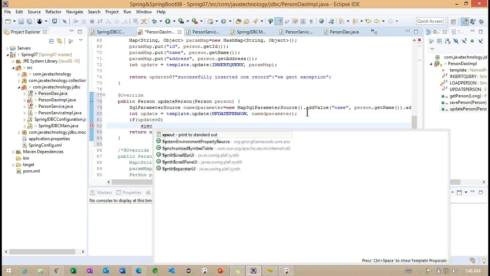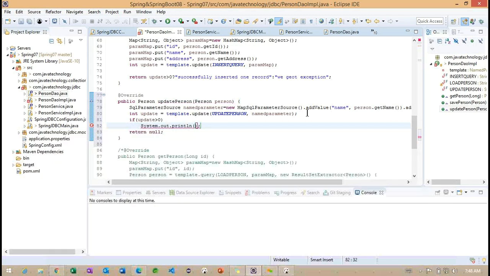So simply we can write some message here: Person data is updated. And we can specify the ID if we want.